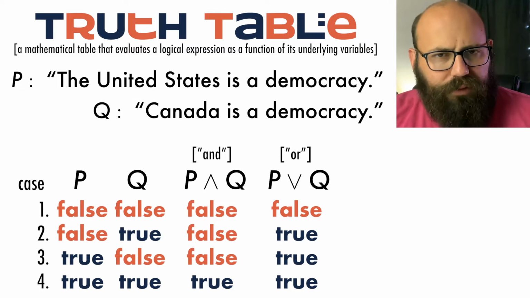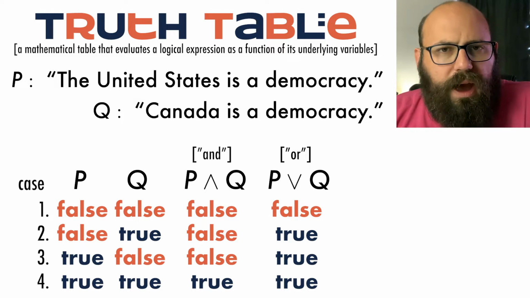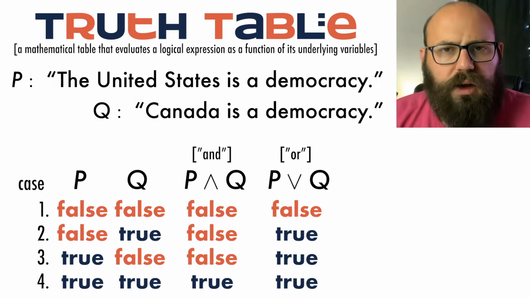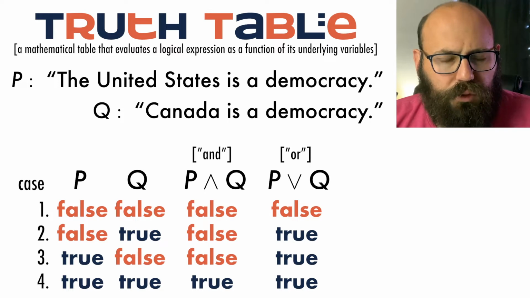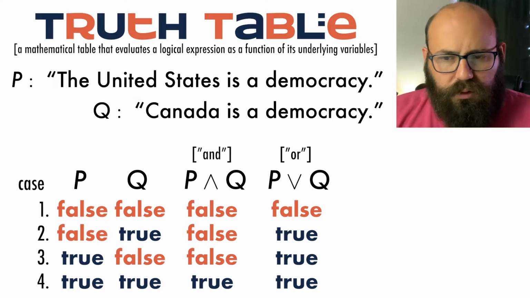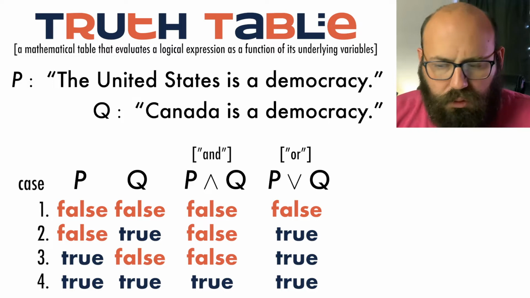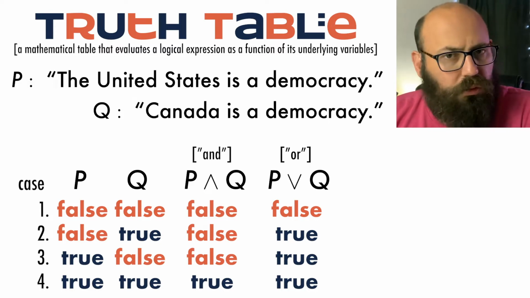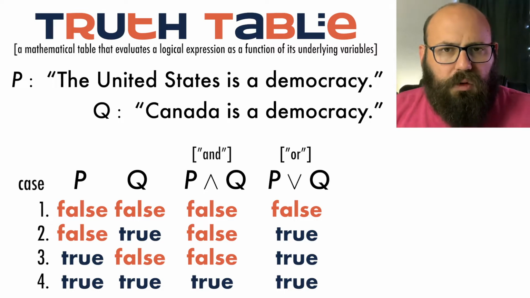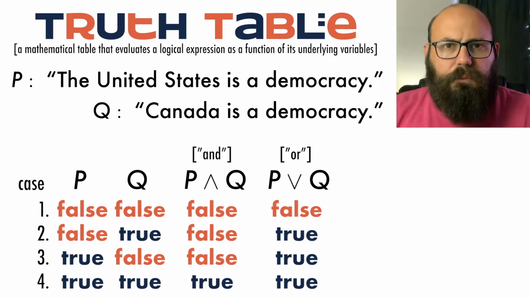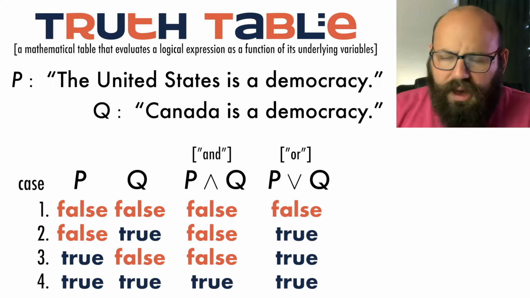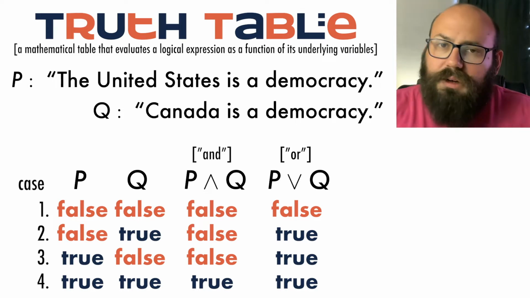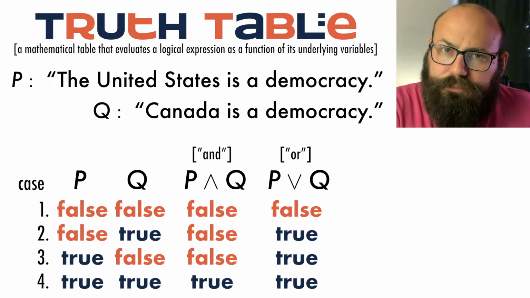And not only do I have those statements, I know everything there is to know about those statements' truth values, so long as I know the underlying truth values of the constituent statements. So if I know about P and Q, then I know about P and Q, and I know about P or Q. It's amazing that we're able to take two sentences and combine them this way, and get reliable knowledge on the new statement based on what we know about the old statements.